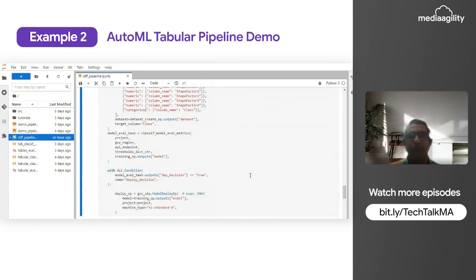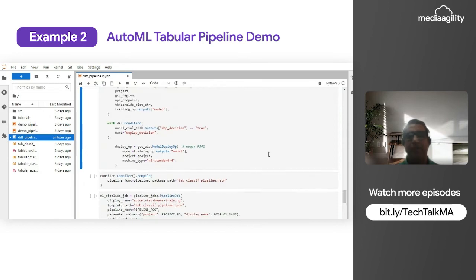Then we supply the output of this recently trained model to the custom component that we created, and we check whether it fulfills all the deployment criteria or not. If it fulfills all the criteria, then we are going to deploy this model, as we have seen earlier. So this is the model retraining pipeline.